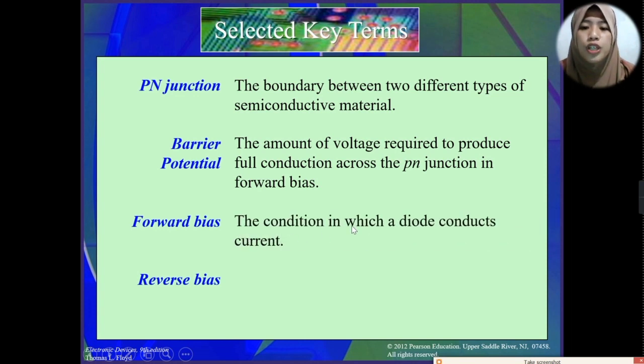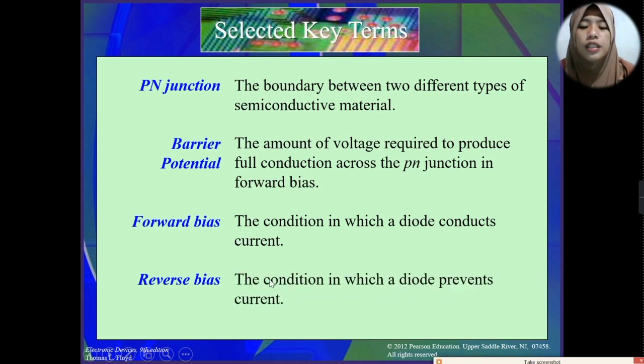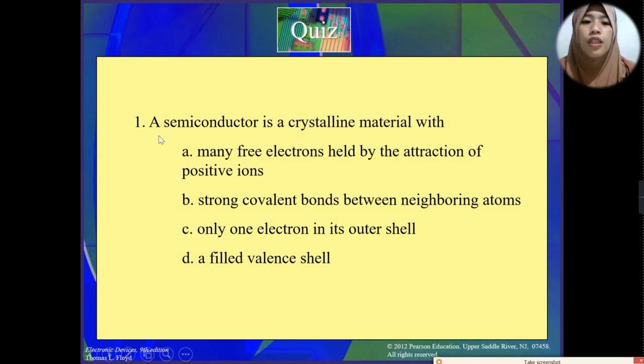Forward bias, the condition in which a diode conducts current. So, forward bias allows current to flow across a p-n junction. So, in forward bias we have current flowing. Reverse bias is the condition in which a diode prevents current. Compared to this, reverse bias will block the current. There is no current that is going to flow. Therefore, the reverse bias current is I equals 0. So, these are the